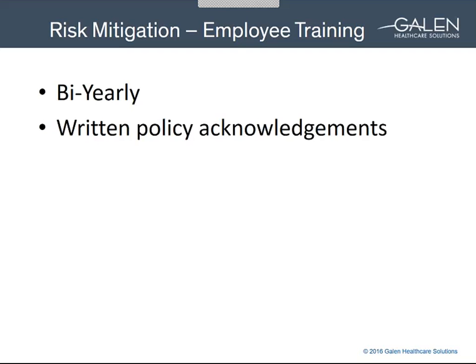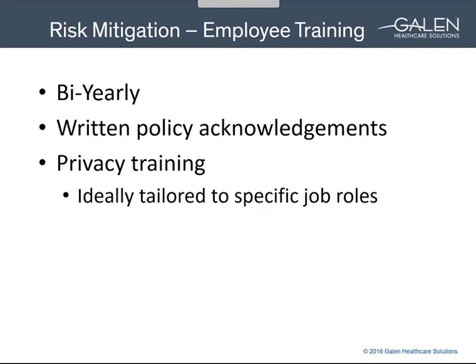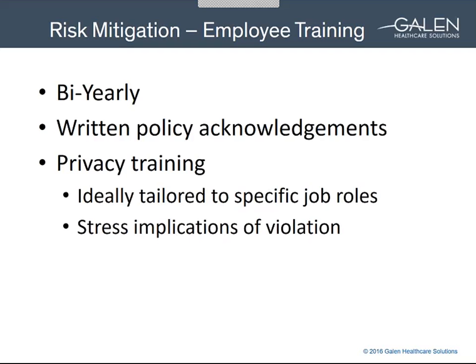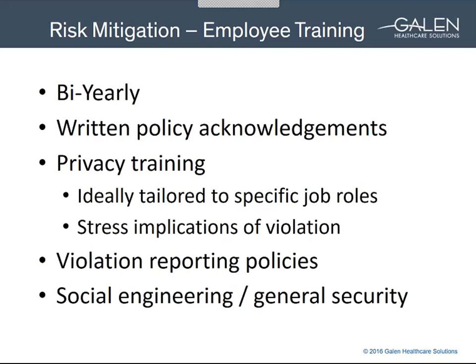Make sure that it's confirmed in writing that the employees have taken that training and that they understand it, so that can be done via testing and things like that. Privacy should be included in that training, and ideally privacy training that's related to their specific job roles. Stress the implications of them violating the privacy rules in terms of them personally, not just on the organization basis. And then go over specifically what the violation reporting policies are in terms of who do you tell if you see a violation, or think there might be a violation,